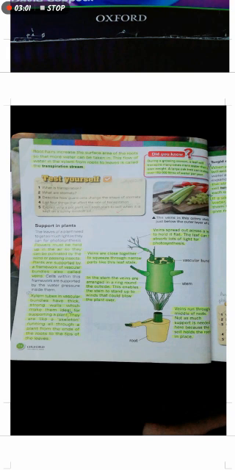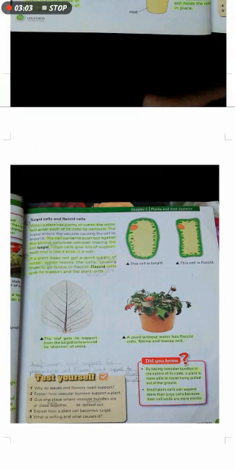Now come to the next topic, that is turgid cells and flaccid cells. As we know, transpiration is very important for the plants, but what if the transpiration rate is more than the absorption of the plant? If more water is lost into the air than the plant absorbs, then absorption is less than transpiration. What will happen? The plant will lose its turgidity, and this will lead to the dropping of the stem, leaves, and flowers.